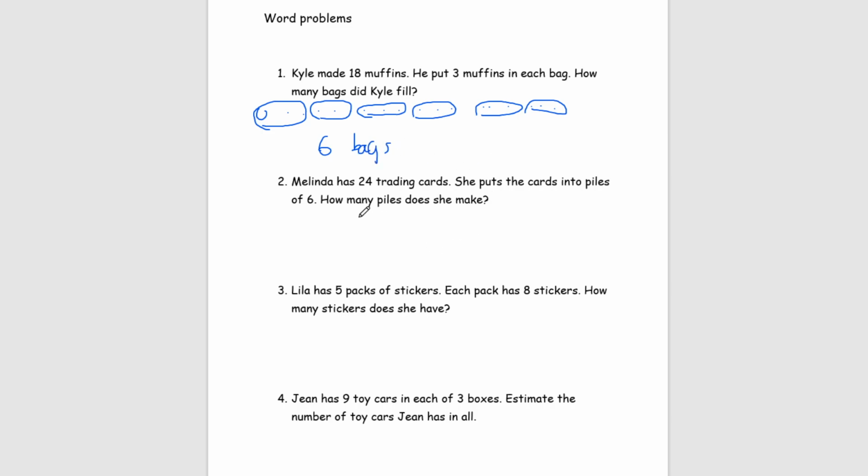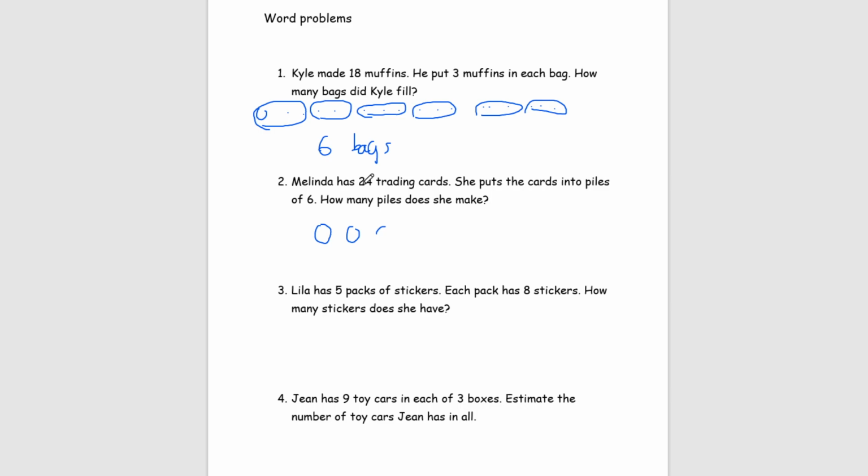Number 2, Melinda has 24 trading cards. She puts the cards in piles of 6. How many piles does she make? Well, obviously, I do not want to draw 24 trading cards, so we're just going to assume that each of these little circles are equal to 6. And so I want to imagine that these are 6 each,